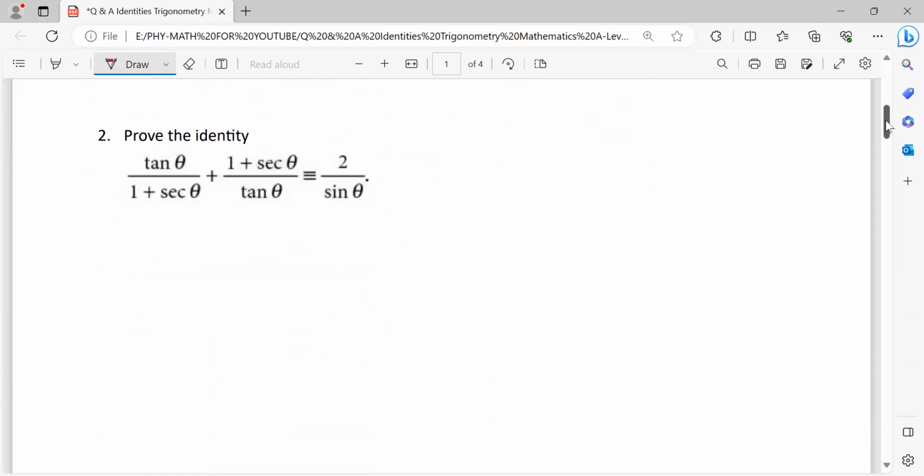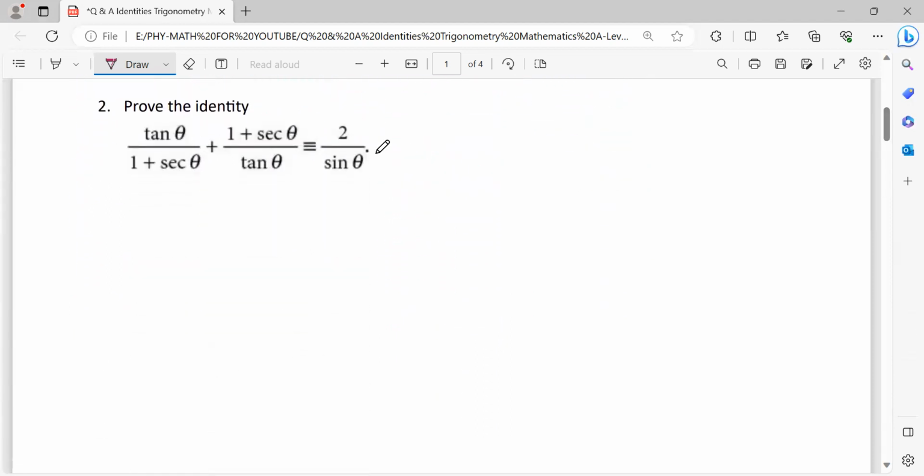Next, number two: prove the identity tangent theta over 1 plus secant theta, plus 1 plus secant